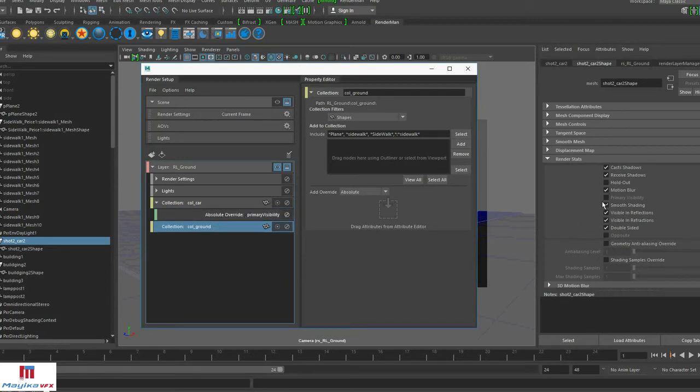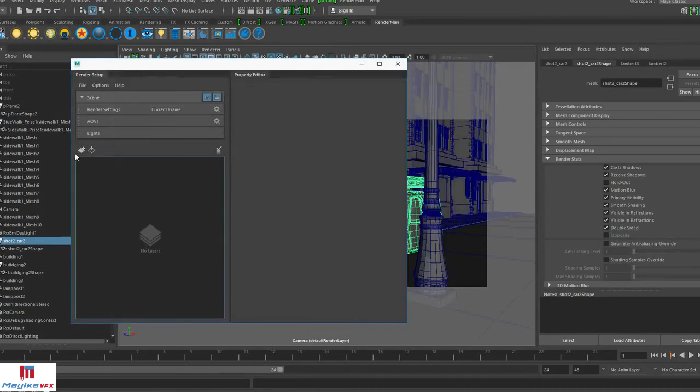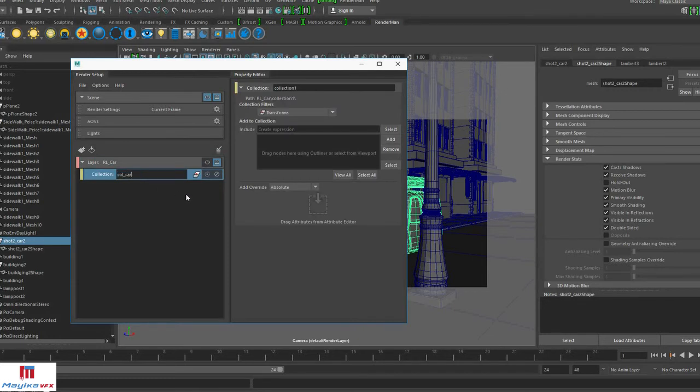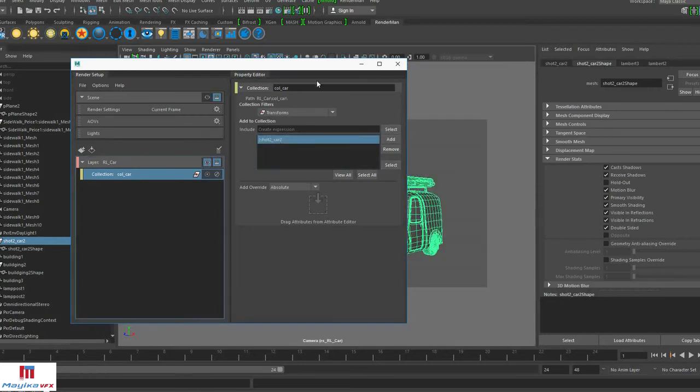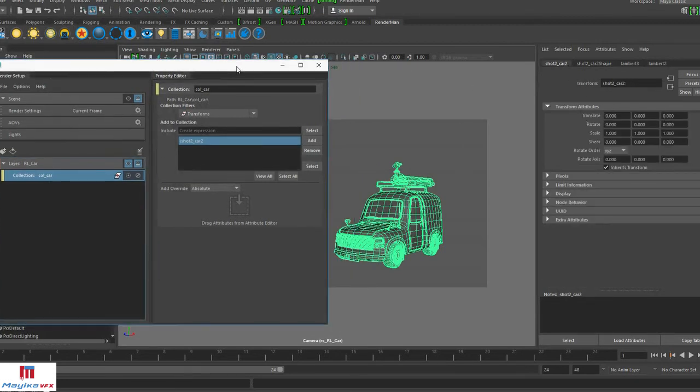We looked at absolute override. Similarly, there is another option called relative override. Relative override is an override which takes the current value and offsets it. To understand this, let's create a new render layer and create a collection of car and add it into our collection. If we want to transform this object in our render layer, then we have this relative override.